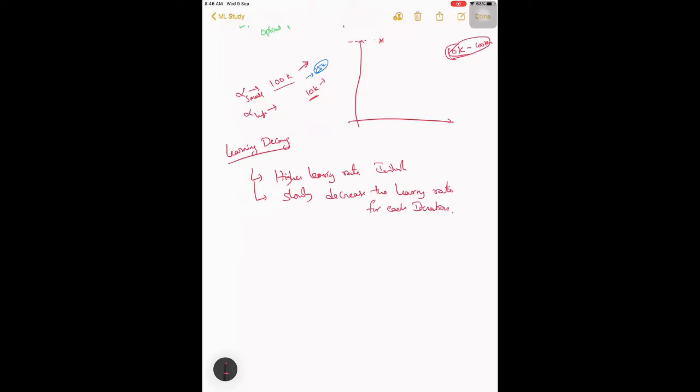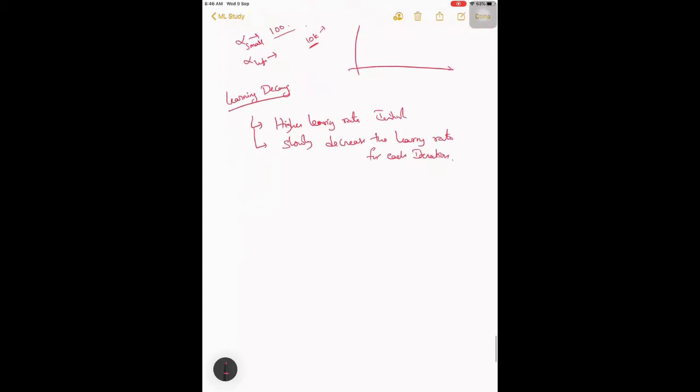Okay, this is the strategy which we can follow. It means, let us say alpha is given something like 10, some higher value. Usually that will be abnormal, we'll be giving some 0.1 or something.